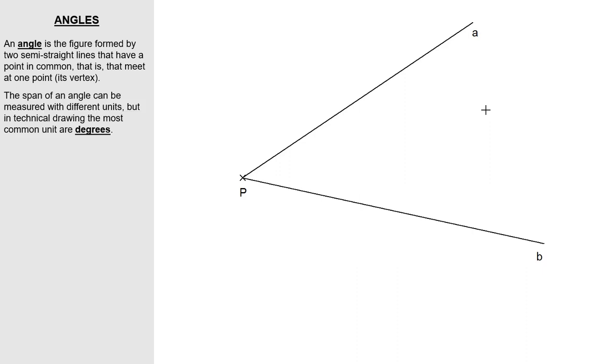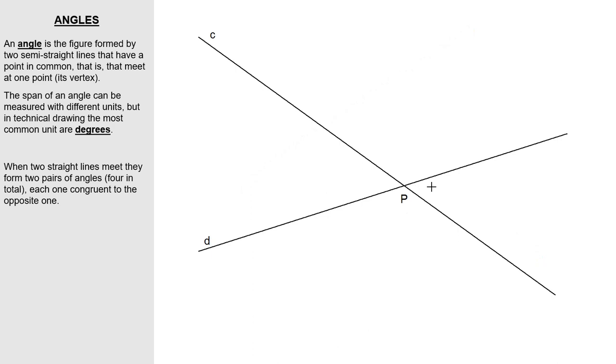Although angles can be measured using different units, in technical drawing we are always measuring them in degrees. From that, it can be deduced that when two straight lines C and D meet, they form four angles, each one congruent to its opposite one. Here, angle A is congruent to its opposite angle C, and angles B and D, which are opposite, are also